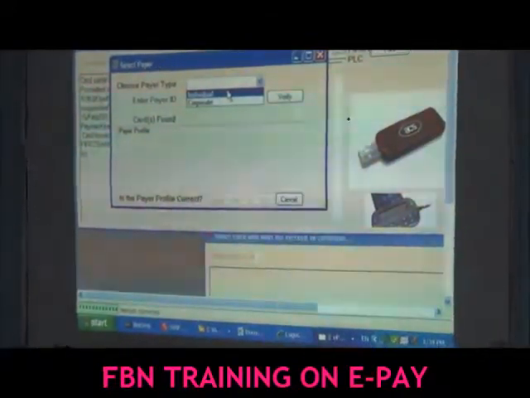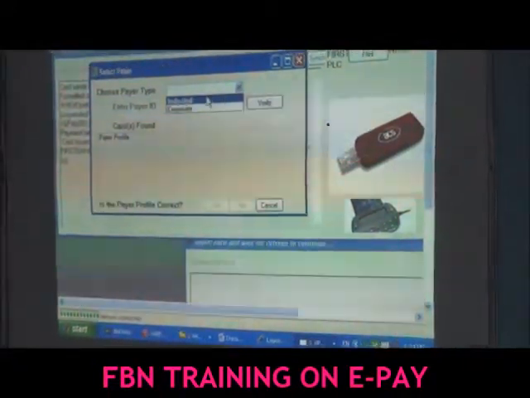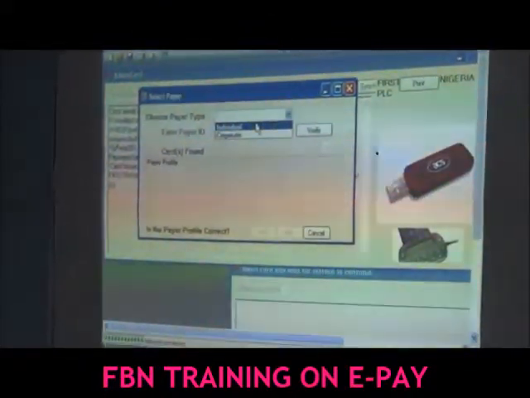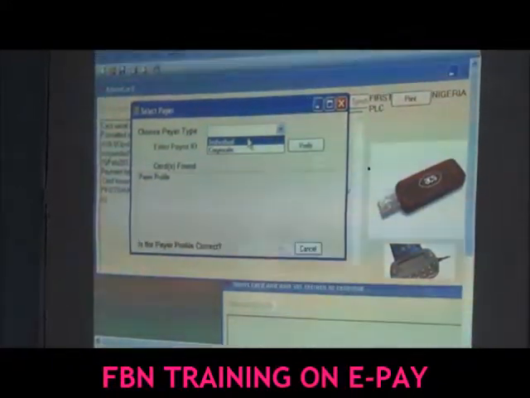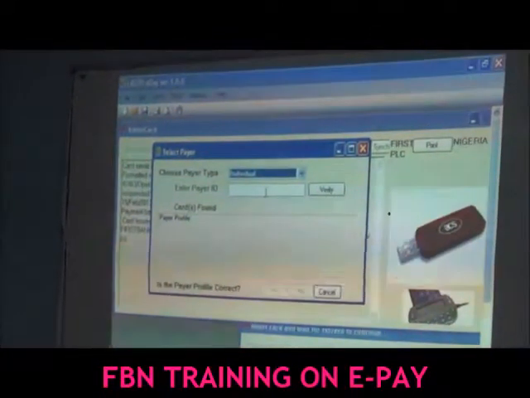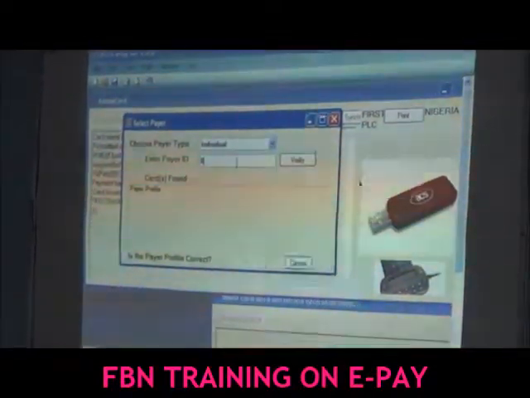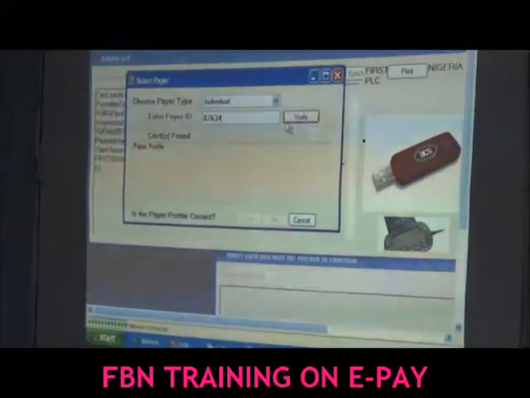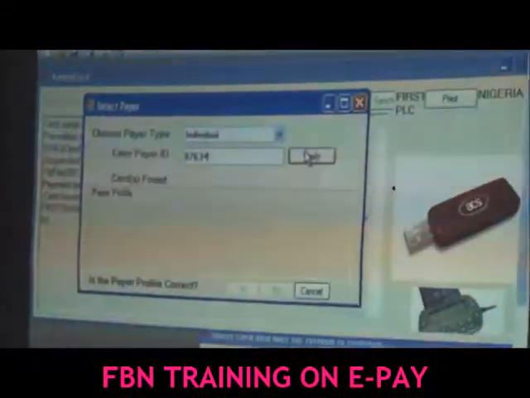He tends to pay tax, and since he didn't have a direct assessment, he falls under self-assessment. Am I right? So let's suppose for an individual, what is the ID of that individual? Put the ID of that individual there. Have you done it? Verify.